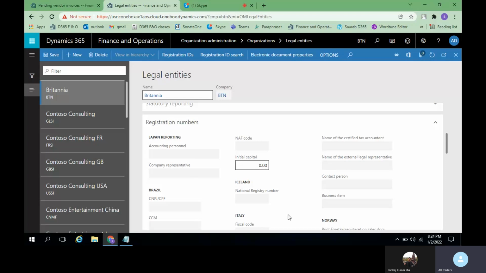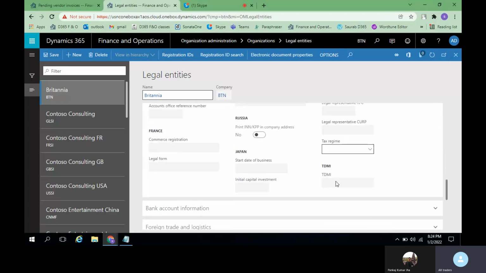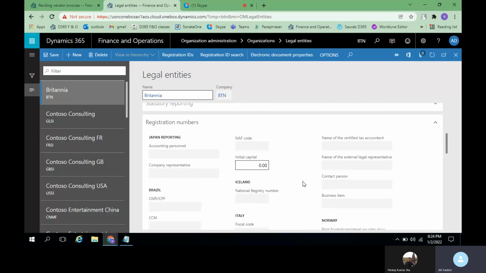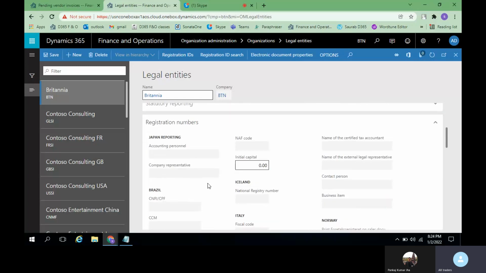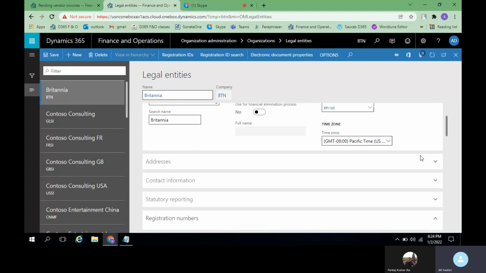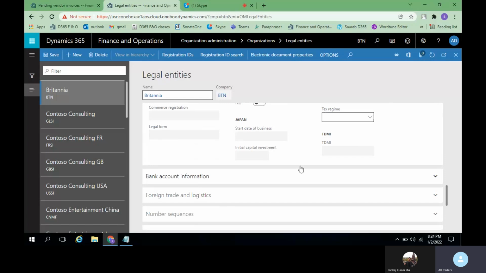Since these options are related to only these particular countries, it is allowing us to enter these details for that particular country itself. Since we have selected USA, we don't have any mandatory fields here.